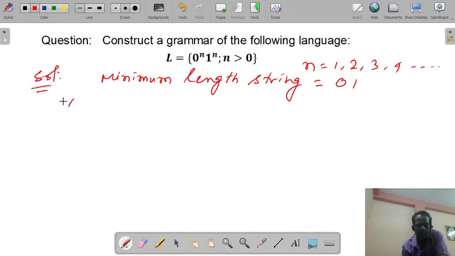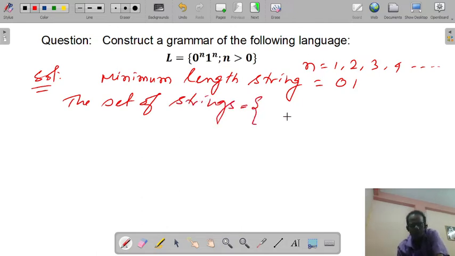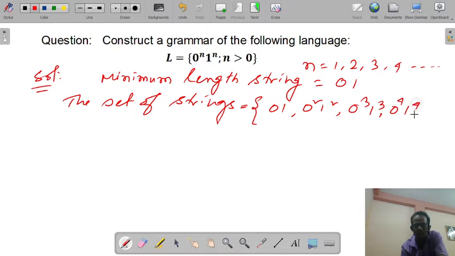So the set of strings which is possible to generate from this language will be 0 1, 0 square 1 square, 0 cube 1 cube, 0 to the power 4 1 to the power 4 in that way.